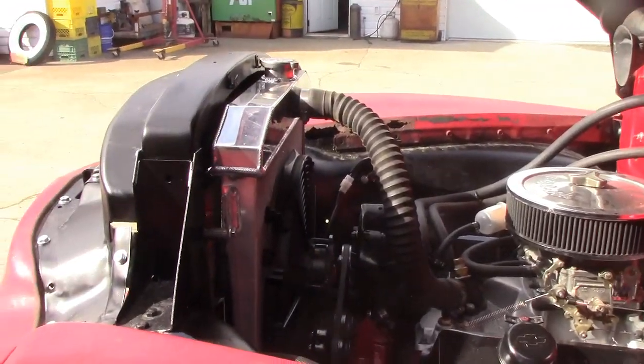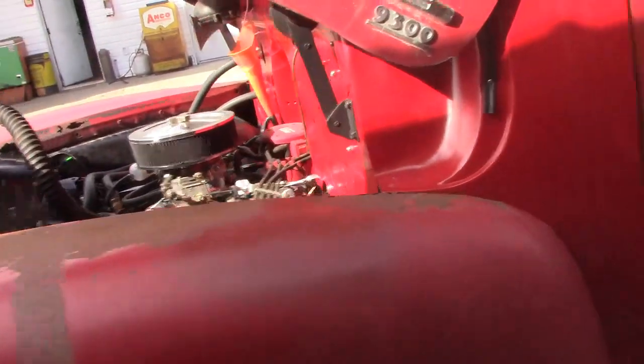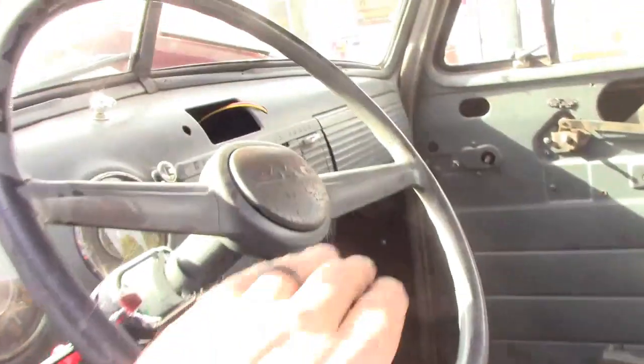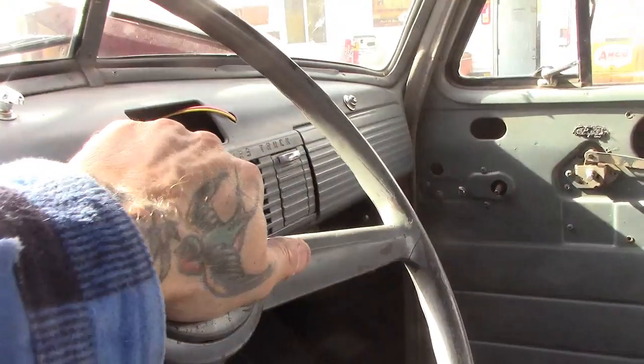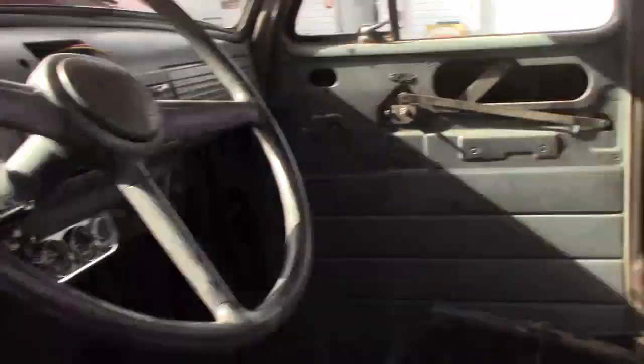The only thing that's left after that, actually the battery's hooked up. Let's see this. Cathy hasn't seen this. Let's see if the horn works, Cathy. Oh, wait a minute. I think it's one of these trucks where the key has to be on this one. There we go. Horn works. Lights all work, signals all work, even the dome light works if I flip it on. But anyway,